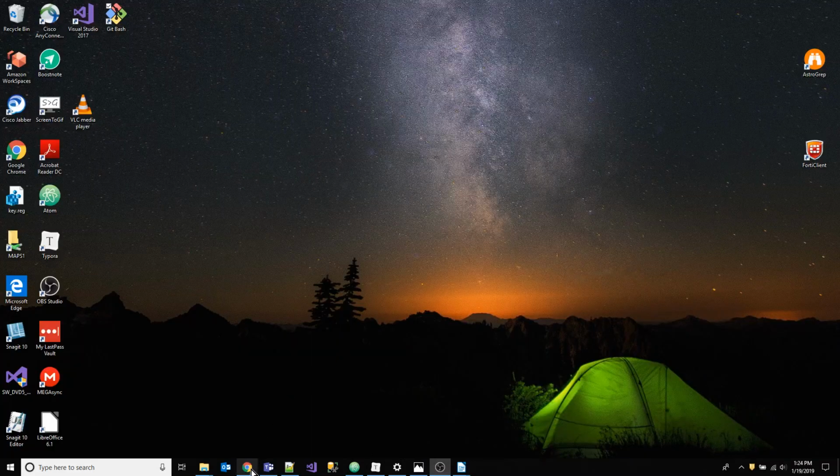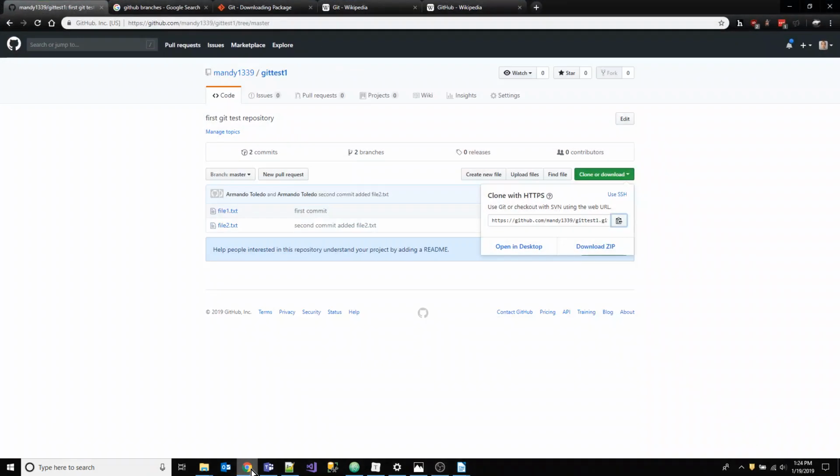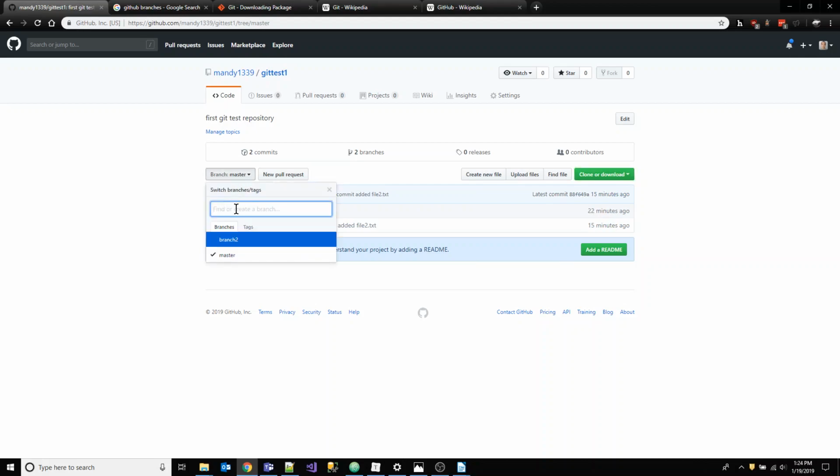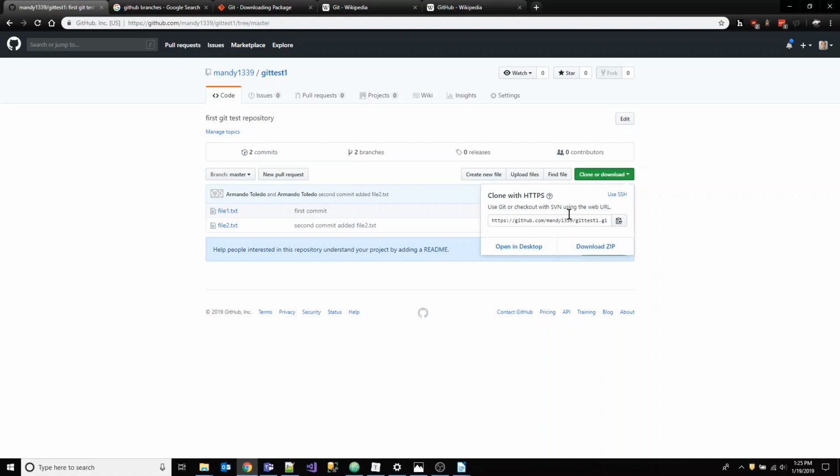Okay, now I'm going to show you the second way that you can connect an online GitHub repository or project to a local Git repository or project. So I went ahead and created a new branch called branch2 for our project, and this, as you can see, is an already existing GitHub project. And what you want to do is click clone. We copy the link,